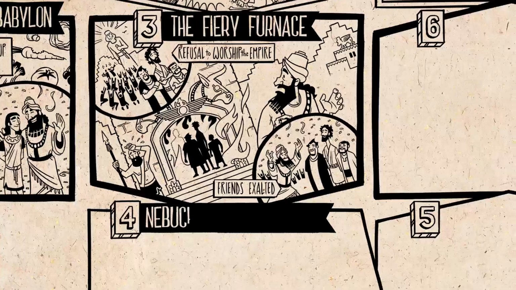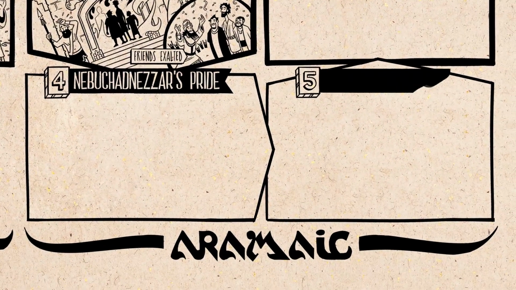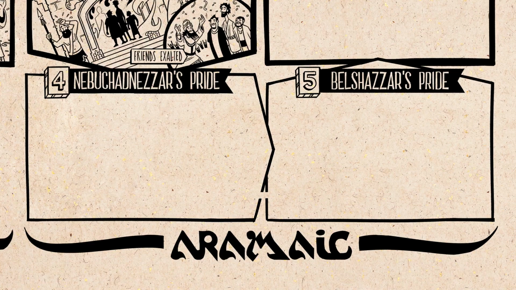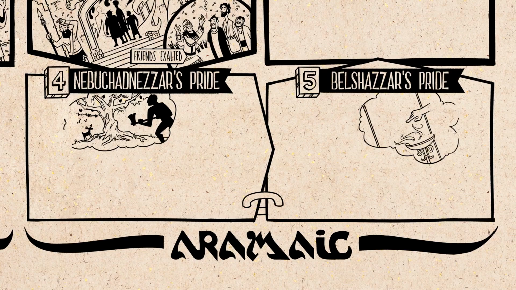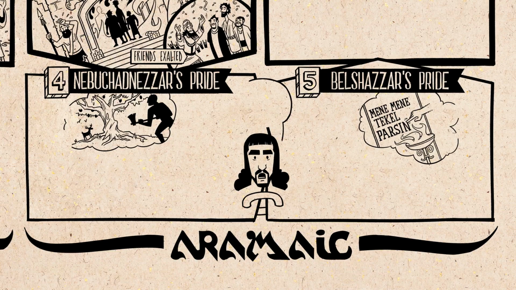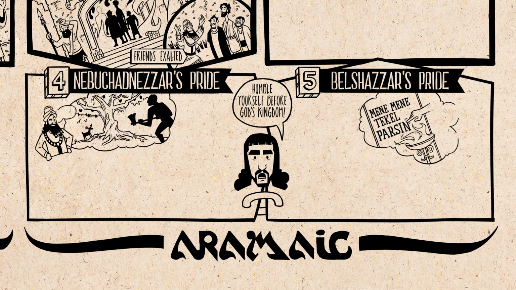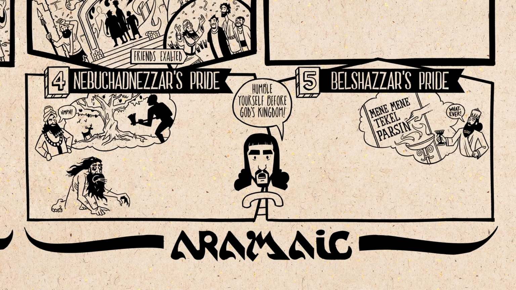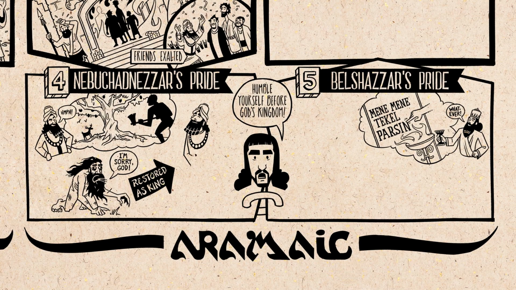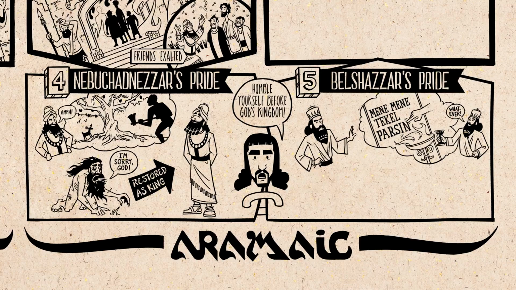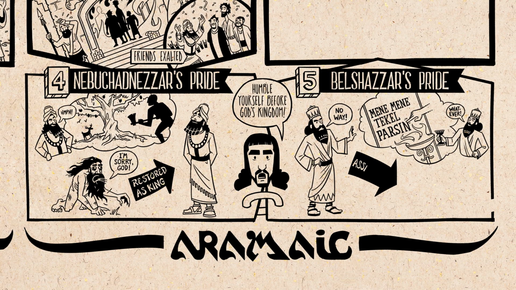After this come a pair of stories about 2 Babylonian kings, the father, Nebuchadnezzar, and then his son, Belshazzar. They're both filled with pride because of their imperial power, and so, like in chapter 2, God warns them both through dreams and then visions, which, also like chapter 2, only Daniel can interpret. He says that both kings are to humble themselves before God, and both kings arrogantly resist. So Nebuchadnezzar is stricken with madness. He becomes like a beast in the field. But then he humbles himself before God, and his humanity returns to him. He's restored as king. This is in contrast with his son, Belshazzar, who doesn't humble himself before God, and he's